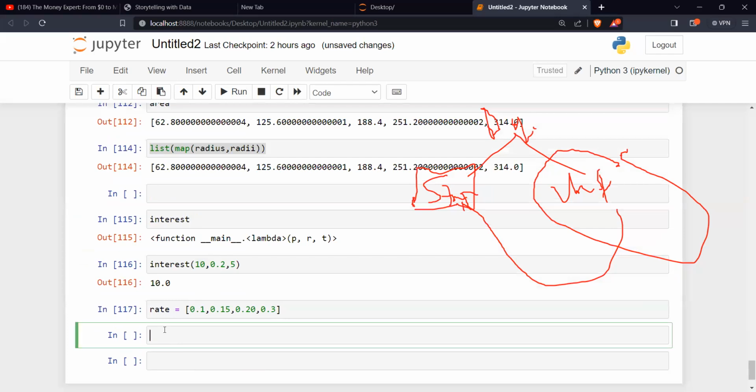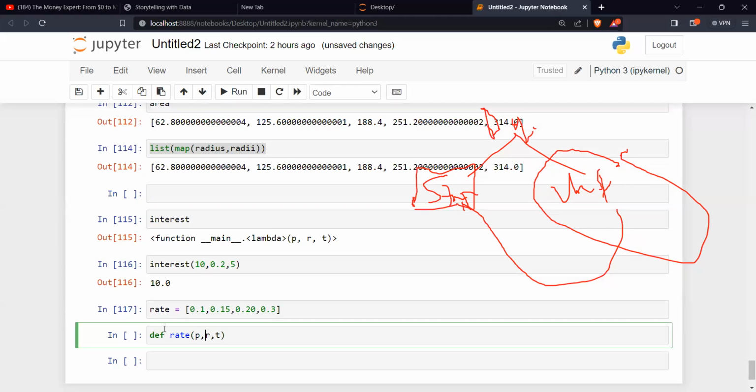So if we are to define it now, define rates. I know my principal, I know my rate, I know my time. I have 3 parameters there. But in this case, my principal will already be known. My rate can vary, but my time is already known.